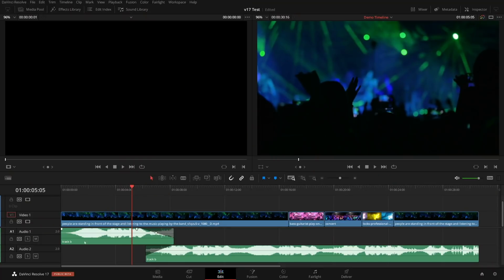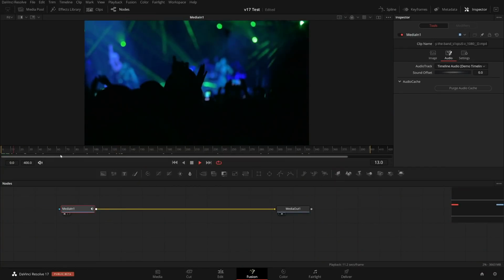Let me start with the waveforms in Fusion. In the edit page, I have at the moment just 2 tracks, and whatever many tracks you have, the combined bus output should go over into Fusion to give you one audio signal and one waveform. So let me go over into Fusion and show you how that looks and sounds.